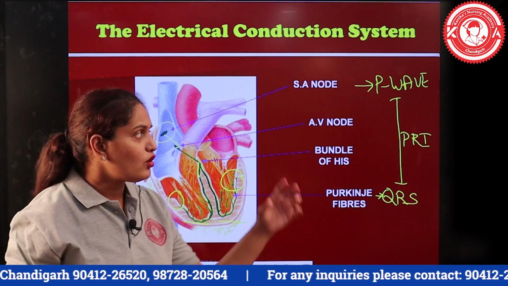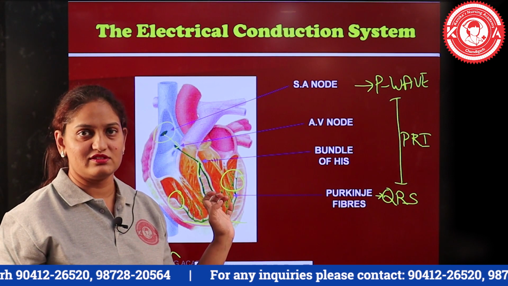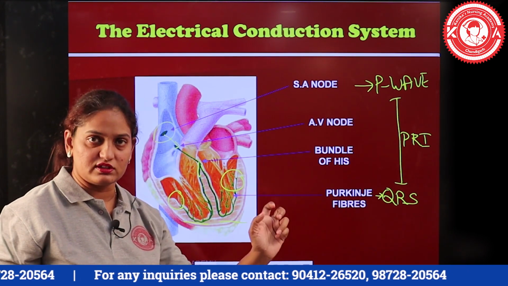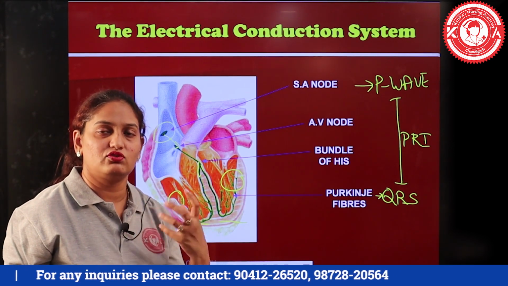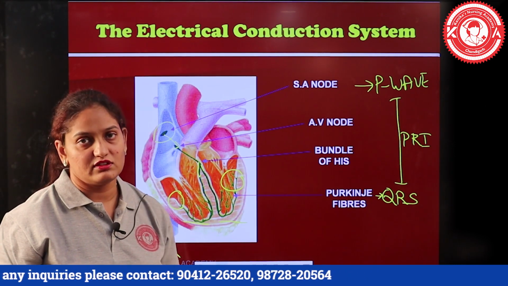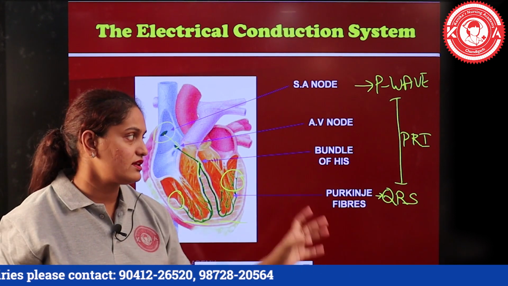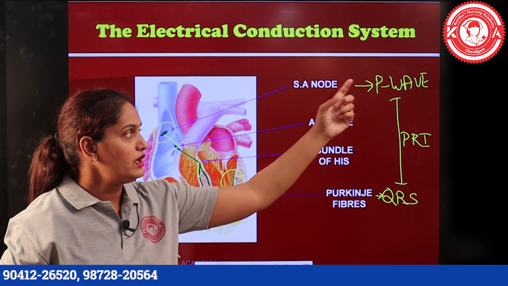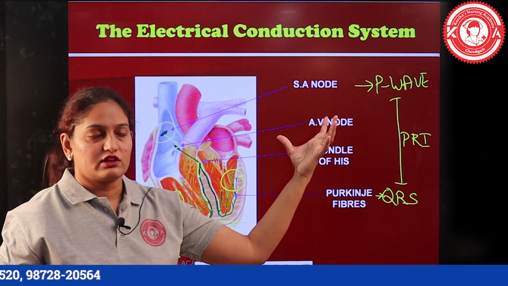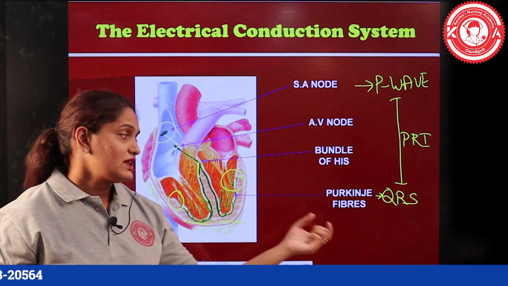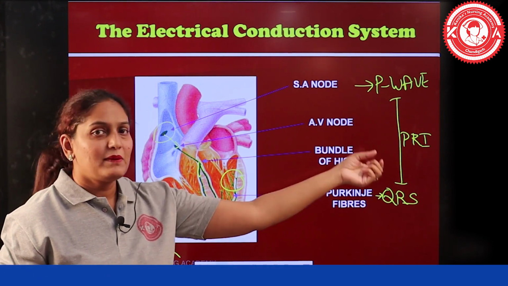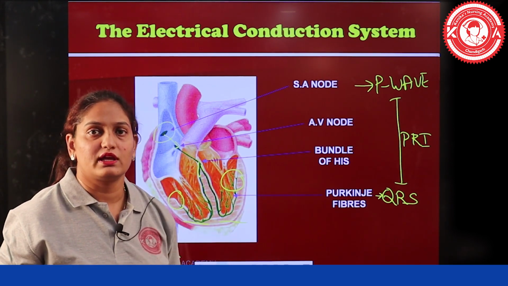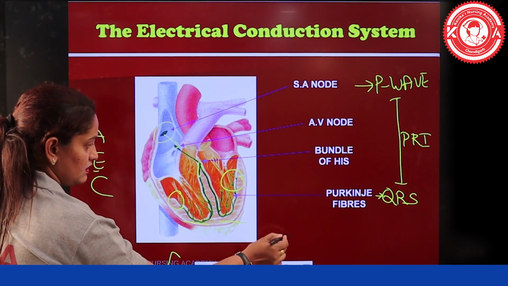Why I am telling all these points in this very first slide of ECG: the reason is that all these things will come as the 5 main questions which we need to answer by seeing the ECG strip. That is why I am explaining this to you right at the start, so that as we go ahead you can easily identify what the P wave is telling, that atrial contraction is happening; what the QRS complex is telling, that ventricular contraction is happening; and what the PR interval is telling, how much time it took between atrial and ventricular contraction.